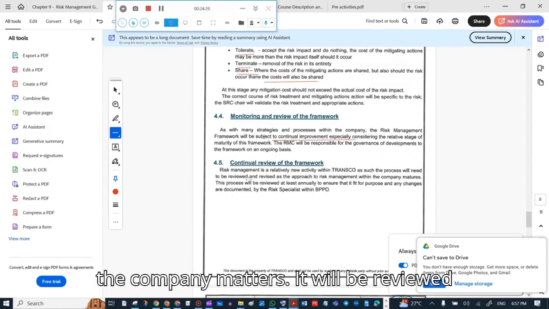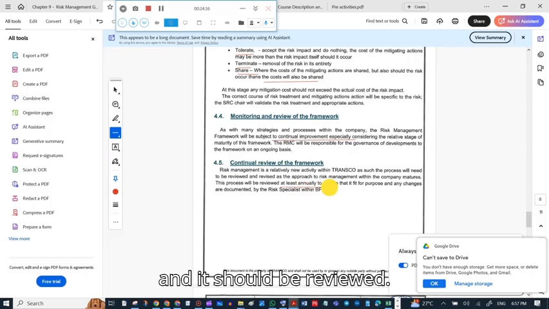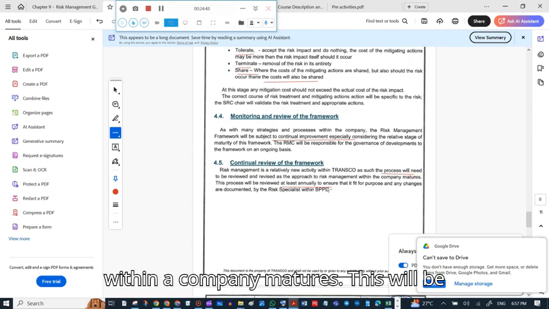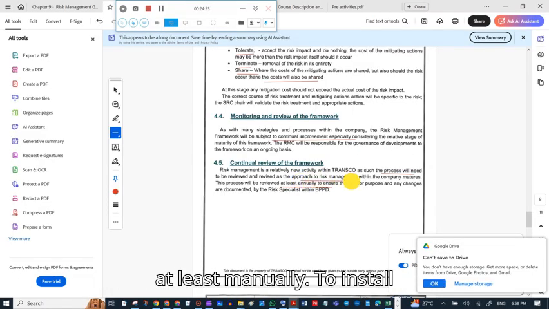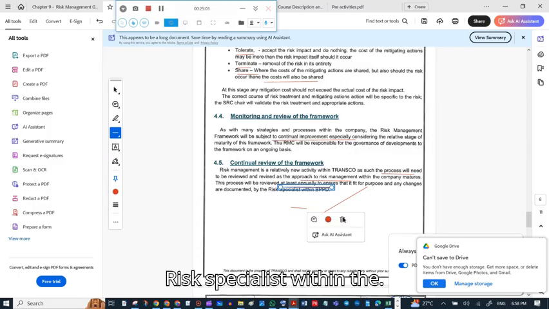It will be reviewed at least annually to ensure it is fit for purpose, and any changes are documented by the risk specialist within the B